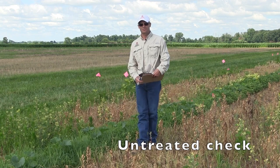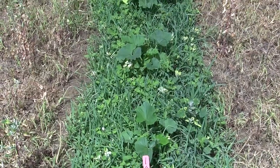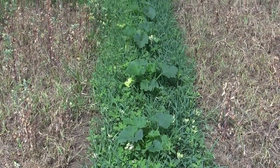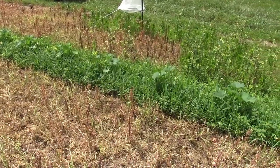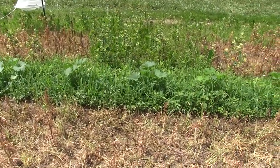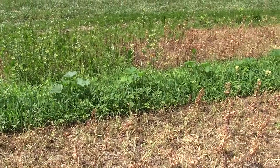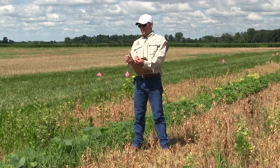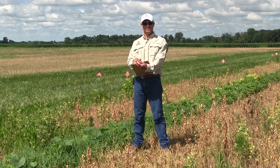We have 10 plots to go through. Our untreated check is basically what we compare each herbicide treatment to. So the weeds we're evaluating in this trial are giant foxtail, barnyard grass, common lamb's quarters, redroot pigweed, eastern black nightshade, and Venice mallow. With that, we can see we have pretty good weed pressure, and we'll move on to our first